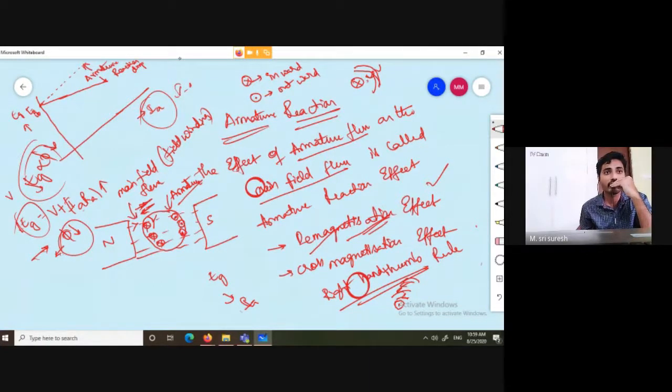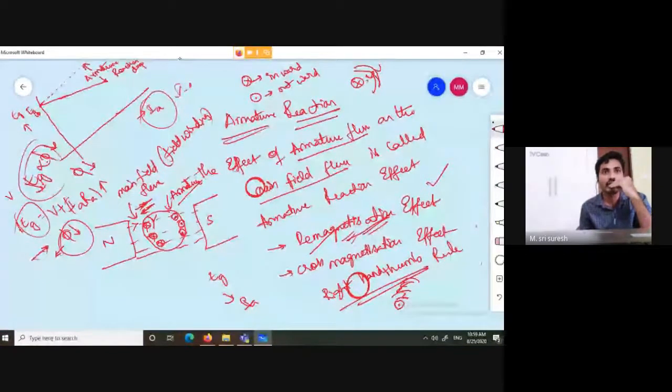So whenever the load is applied to a DC generator, the armature current increases. Due to that, the armature conductor carries some amount of current. So this will increase the armature conductor flux. Due to the armature conductor flux being opposite to the main field flux, there is a decrease in the main field flux. That effect is called the demagnetization effect. The flux will decrease. As EG is directly proportional to flux, if the flux is decreased, EG value will also decrease.